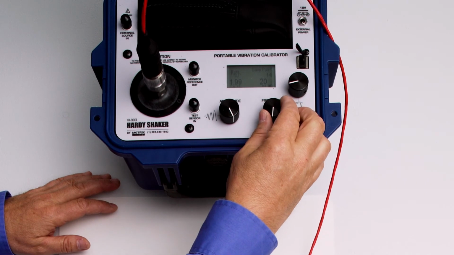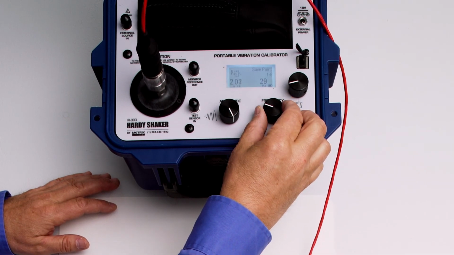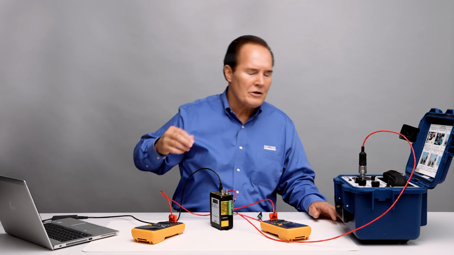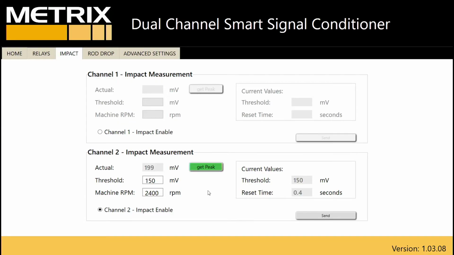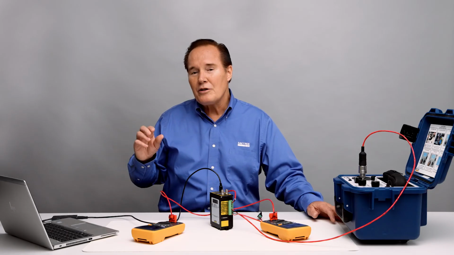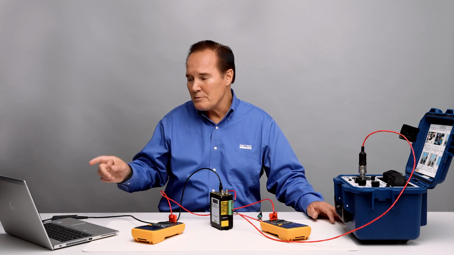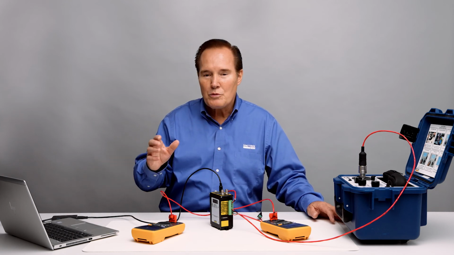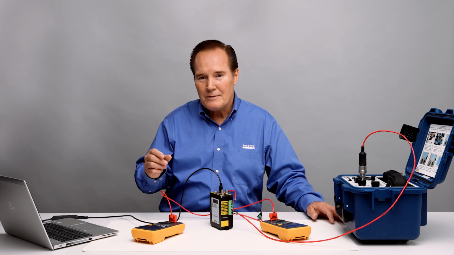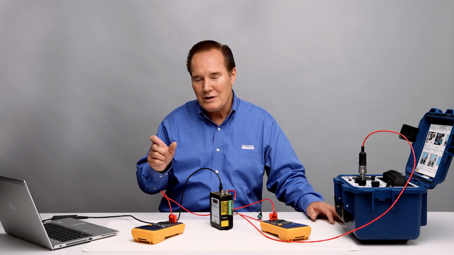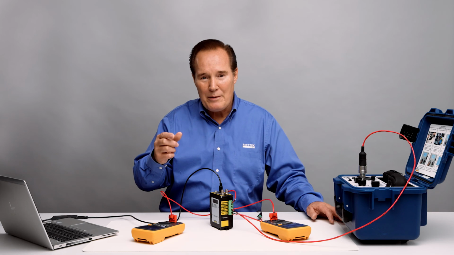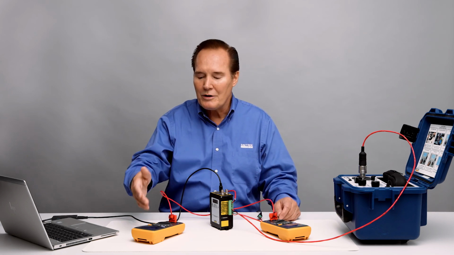Let's go ahead and increase the impacts to 30 impacts a second, which would be 12 impacts within that 0.4 second window. Let's go ahead and increase it to 30. Come up. Okay, there's 30 hertz. We're still at 2 Gs. Okay, so we've exceeded our threshold. At 30 hertz, that's 30 impacts a second, times 0.4 gives us 12 impacts in that window. 12 impacts is 12 milliamps, plus 4 is 16,